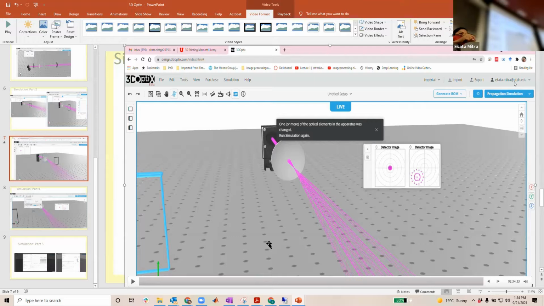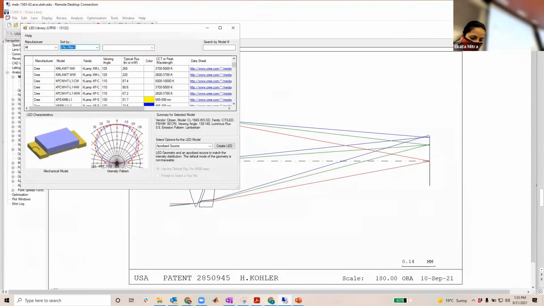You can click their properties and get to know about it. So in the example, you can make it on your own by clicking their properties. So this is how, and I can show you actually in LightTools. I have closed